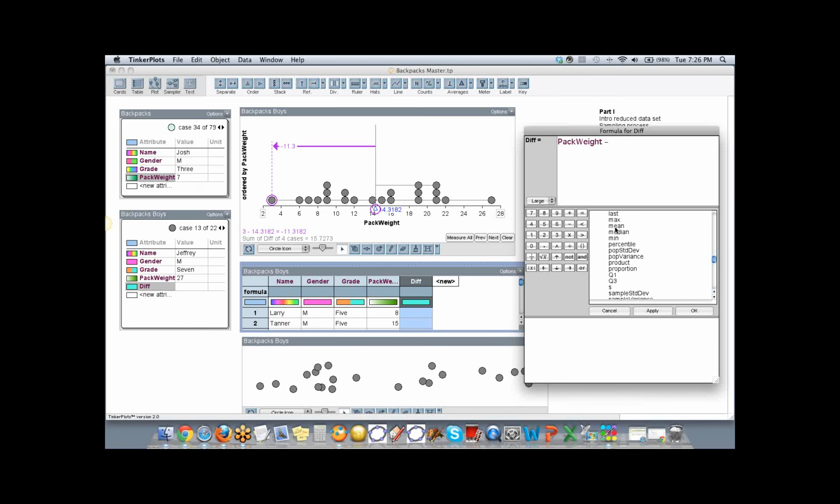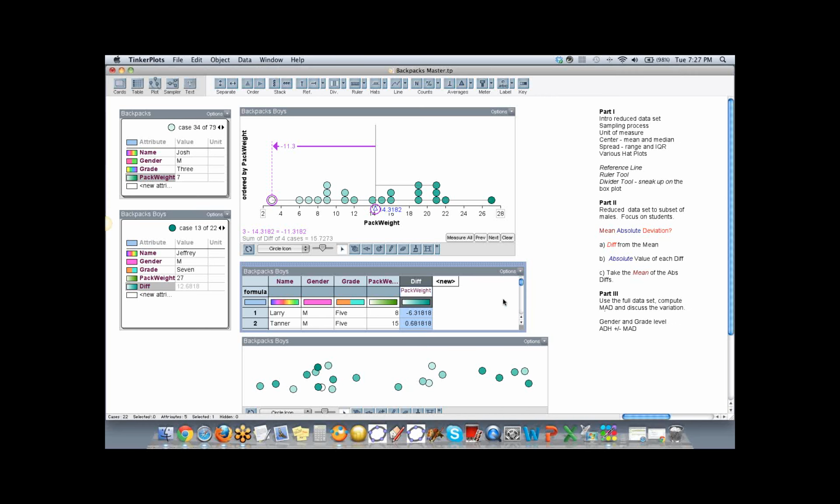So there's mean, and there's mean. You double click on it, and now it's saying, well, the mean of what? So let's go back up to the top and say, we want the mean of the pack weight. You can type all of this in, or you can click on the words that are in the formula editor. If you click on apply, it's going to throw it into the table, and click on OK because we're done.